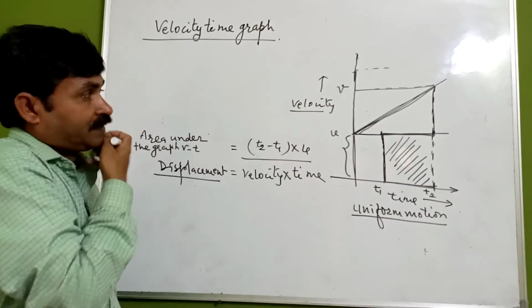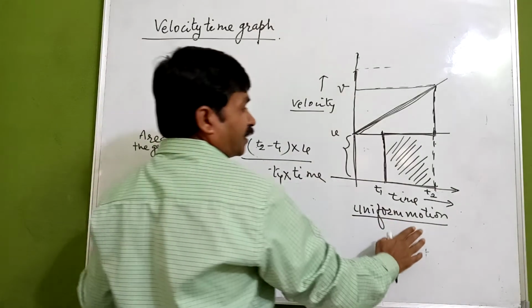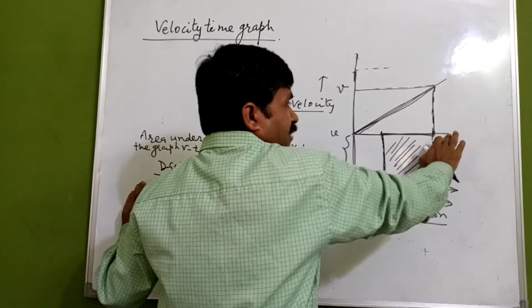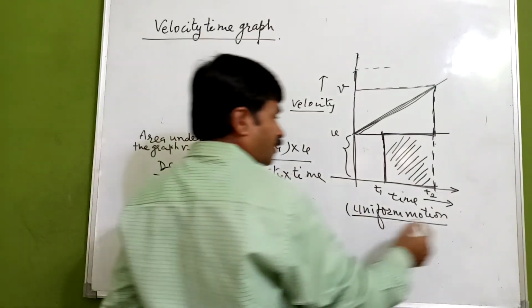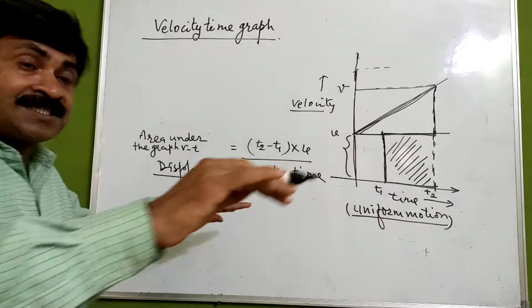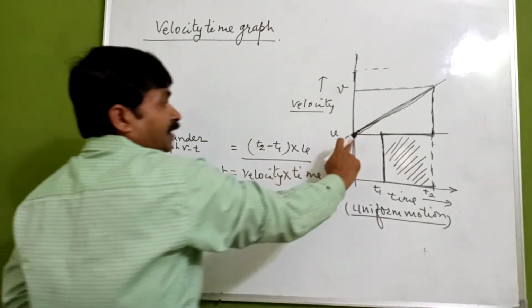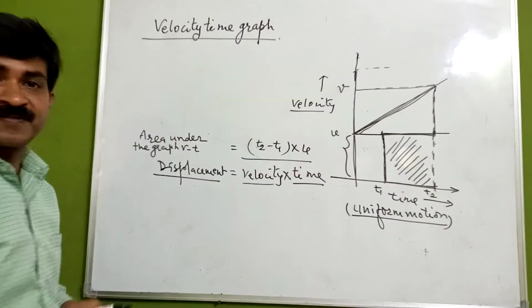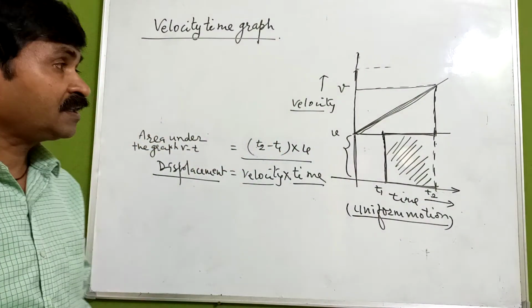एक तो वेलोसिटी टाइम ग्राफ से हमको पहली बात क्लियर होगी कि अंडर यूनिफॉर्म मोशन व्हाट वी आर गेटिंग, इट इज अ स्ट्रेट लाइन, मींस द वेलोसिटी इज कांस्टेंट, दैट इज गिविंग अस यूनिफॉर्म मोशन. एंड व्हेन वेलोसिटी इज कांस्टेंट, what we are getting under the graph is velocity into time, which is giving us the displacement. So area under the graph is giving us the displacement.